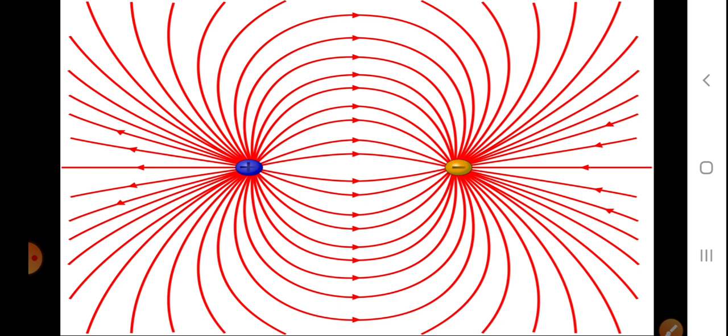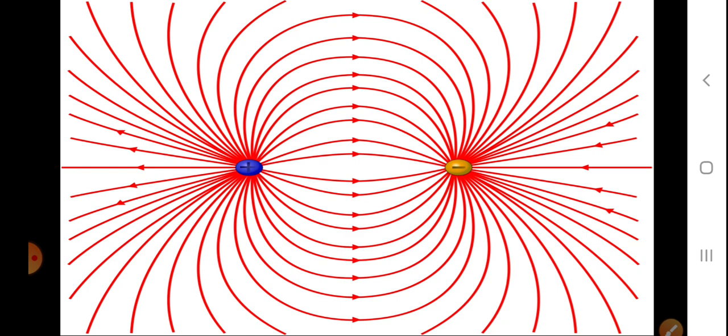This dipole we are going to use widely in our daily life also. Microwave oven and devices like Xerox machine, they are using the principle of electrostatics. The electric dipole we would be discussing later, what are polar molecules and non-polar molecules. You must have studied in chemistry also. So this is what is called a dipole.